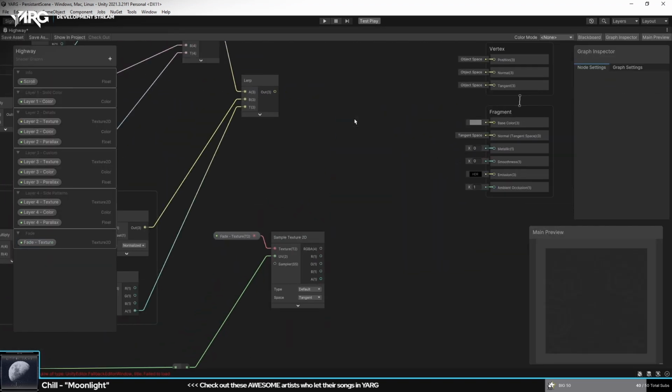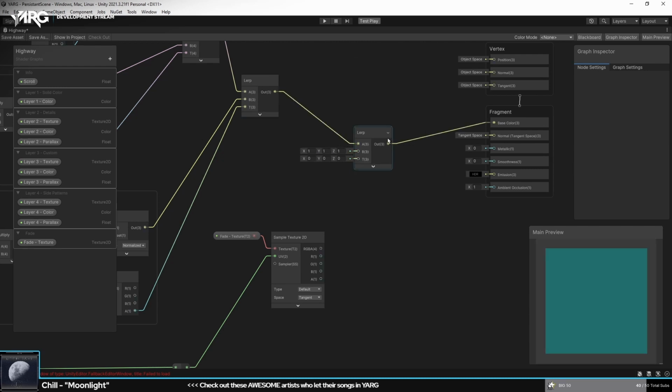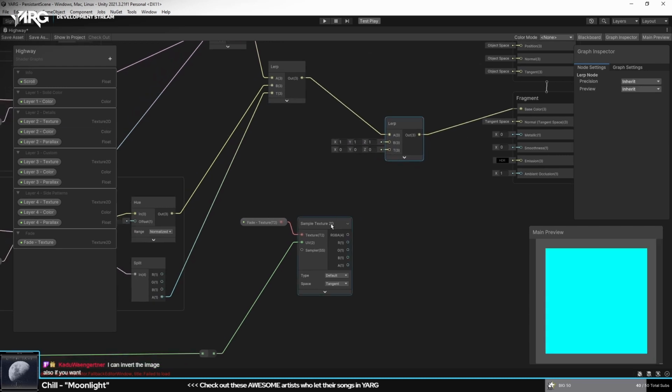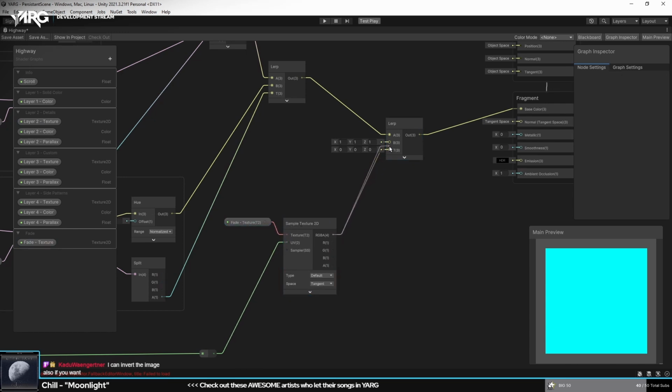And we should probably not be multiplying it and be lerping it, because that actually improves the quality by a tad. You can just invert the image? Yeah, it's fine. I think I'm just gonna do it the normal way in all honesty. Because